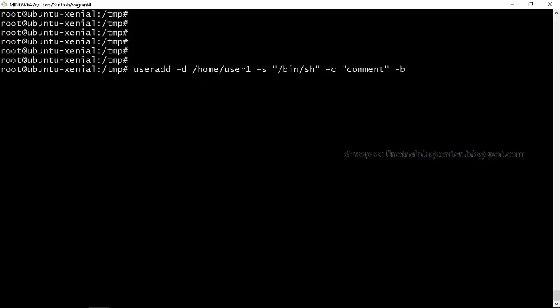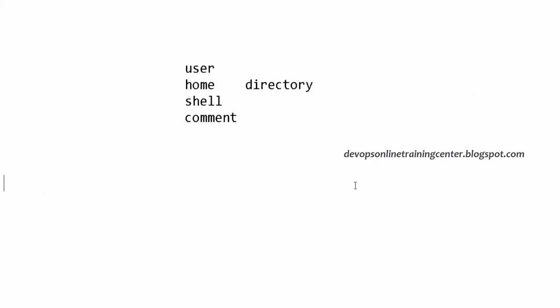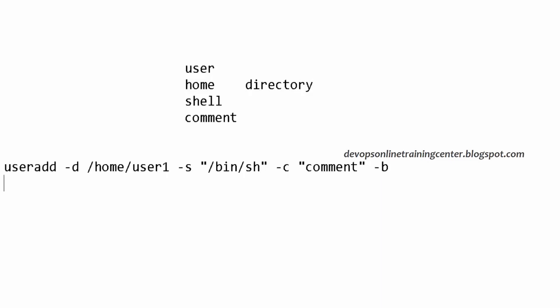So let us try to create that. useradd -d home directory, -s shell, -c comment, and -m. -m is to create the home directory. Without -m, it will not create the home directory.